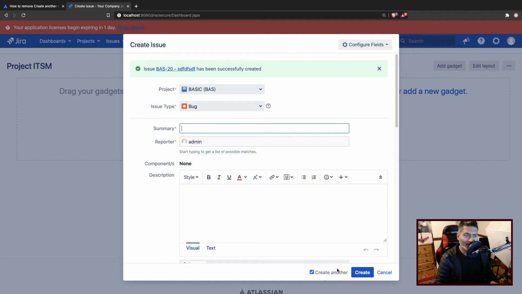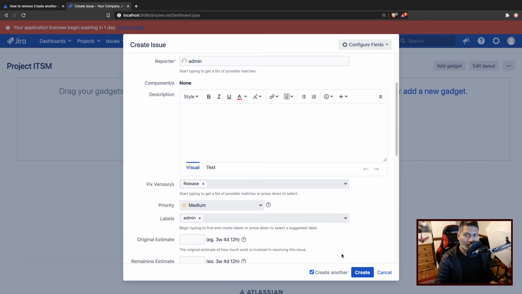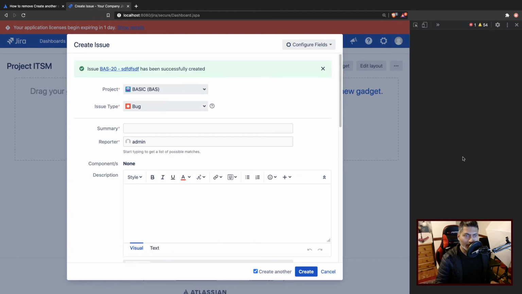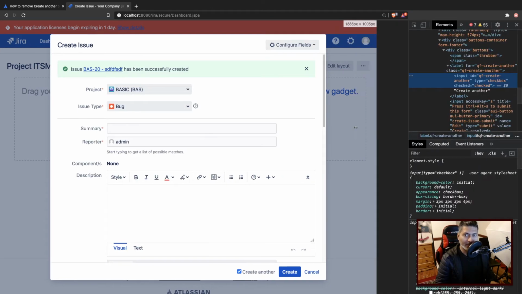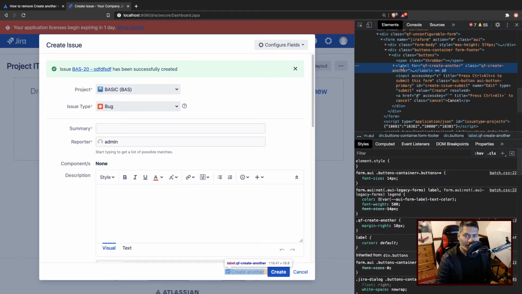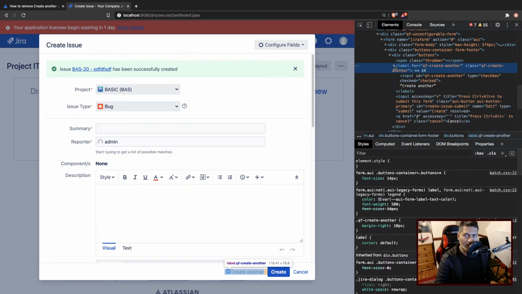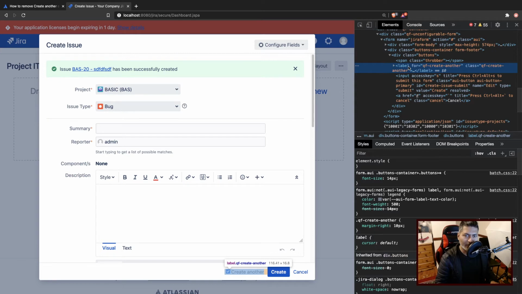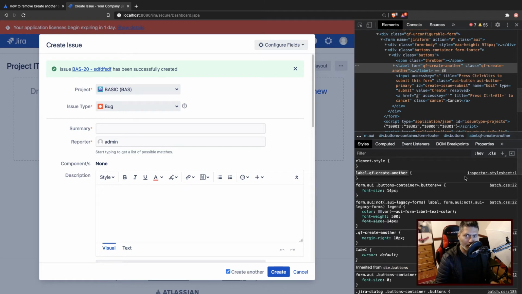Now, let me show you how to do it. First you have to figure out the ID of this particular checkbox. If you right click on it, and go to inspect, you should be able to take a look at the ID of this particular element on top. So we are talking about the create another checkbox, and also there is a label. So I think if we select this label, this particular ID should work, I believe. So if I select this and click on the plus, I'm just doing it in the browser,